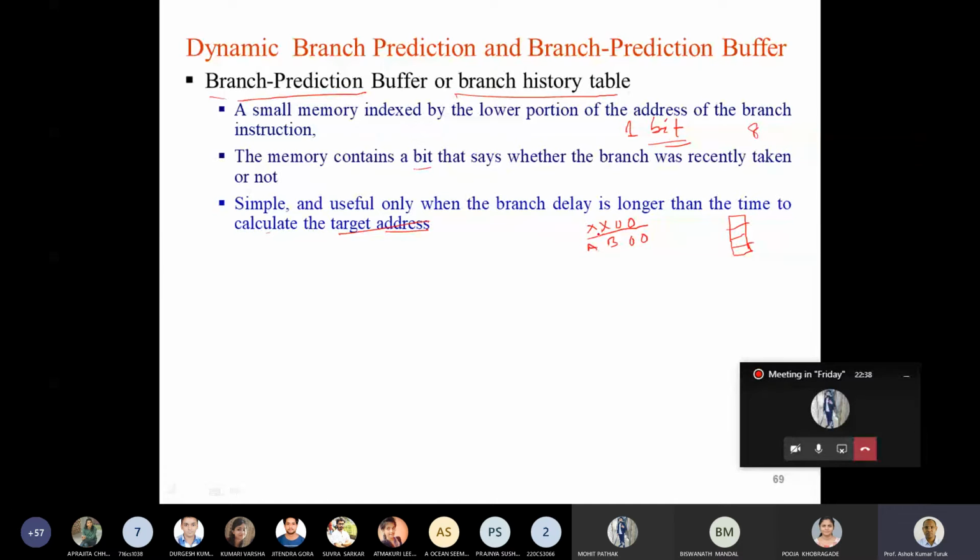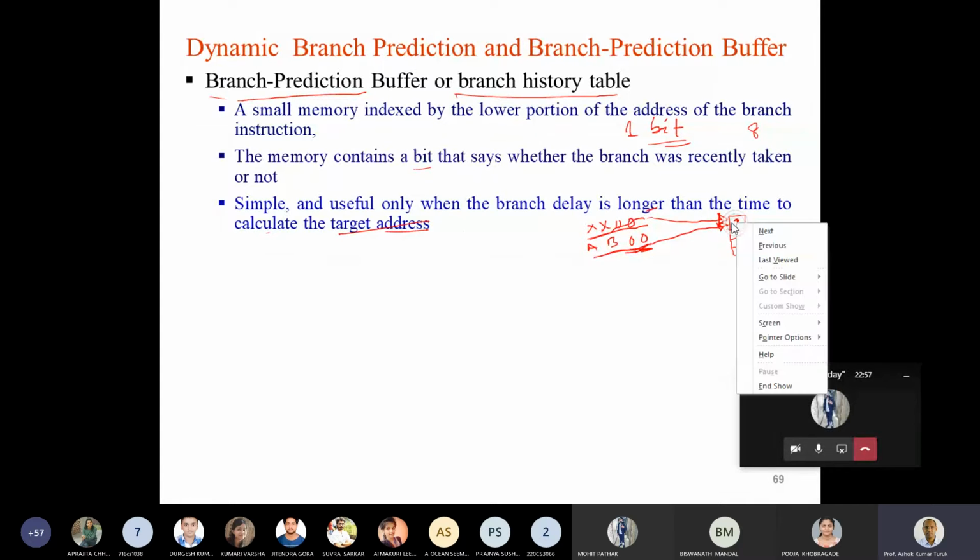So this is a memory location. This contains a branch instruction. This also contains a branch instruction. Now when this is executed, it will index, let's say, to here, and will set some bit. So this is also a branch instruction. The lower order bits are also 0, 0. This will also index to 0. You will extract the information present here.